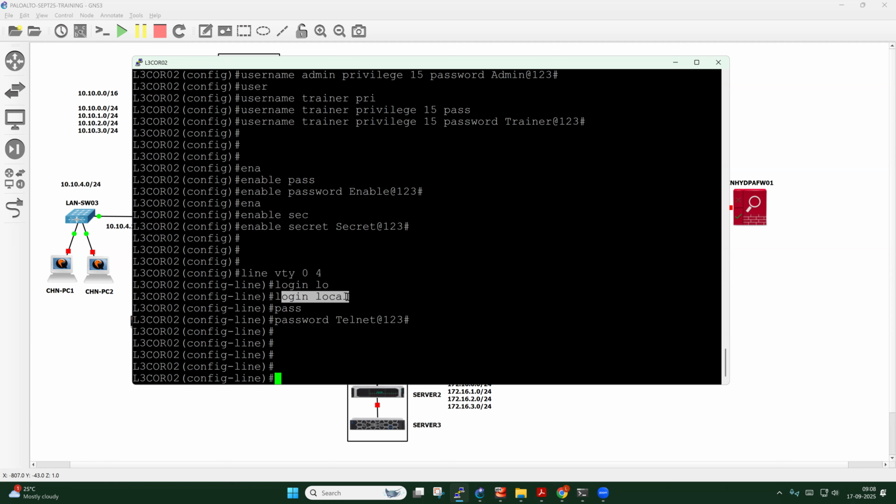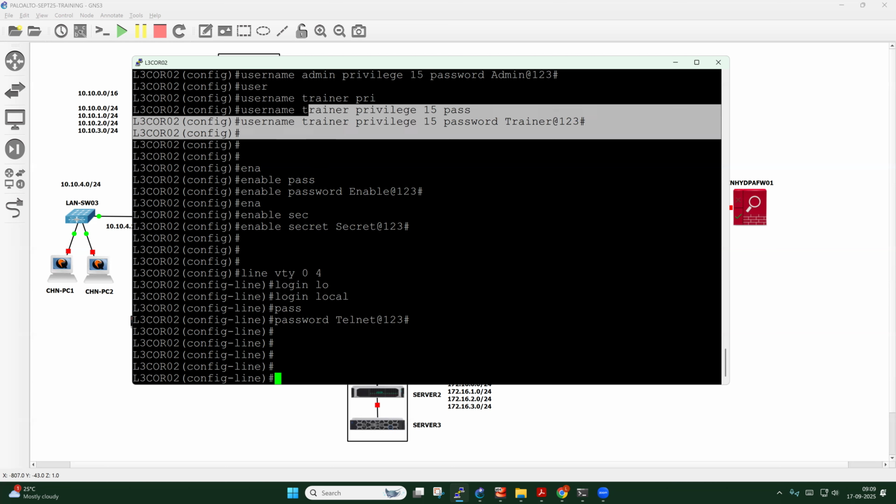This command will instruct the router that your username and password have to be validated locally on the local database. It is not going to be integrated with RADIUS and so on at this moment, right? Later on, we can integrate. And this is going to be the telnet password. All right. Now, running this command will force this router to accept using admin and trainer as well while logging in,